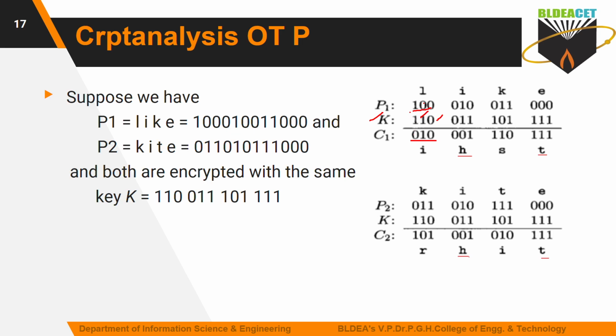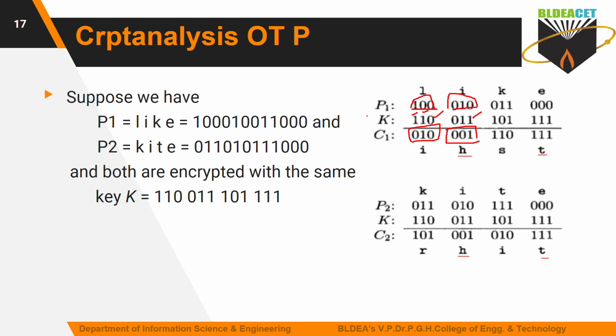1 1. Okay, sorry, 1 0. I have to perform the XOR between these two. If I apply the XOR between these two, then I can get the key. See here, 0 0 means 0 only, 0 1 is 1, 1 0 is 1 here. In the same way, if I try for this one, you can check. If you apply the XOR between P1 and C1, you will get the key. So if you know the plain text and the ciphertext, you can get the key.